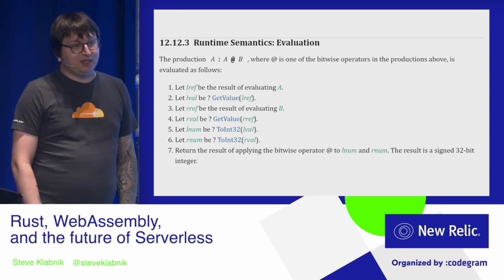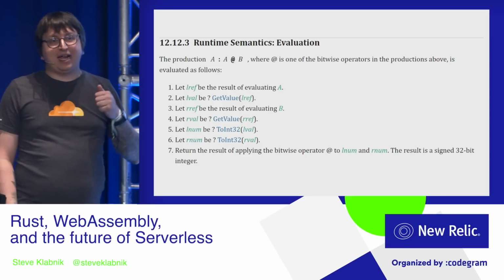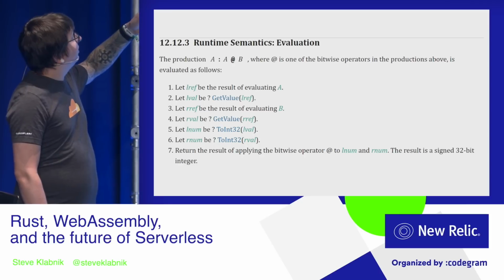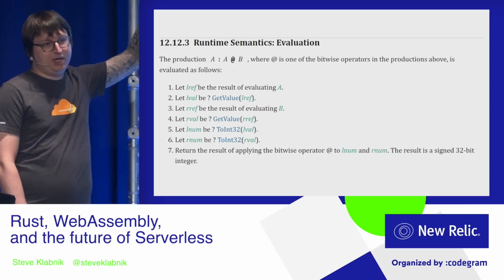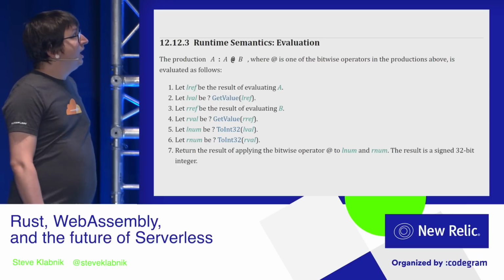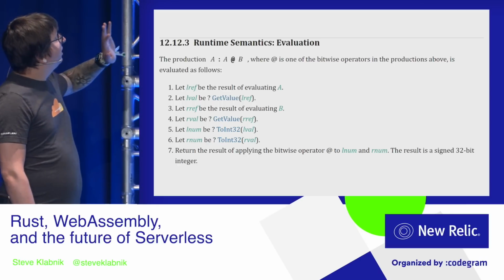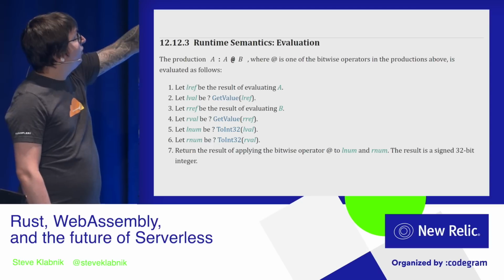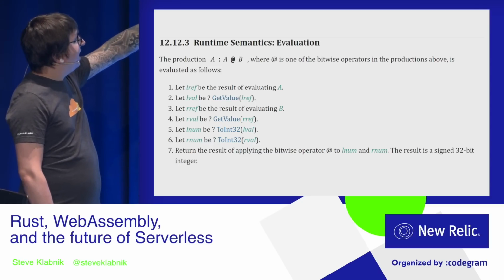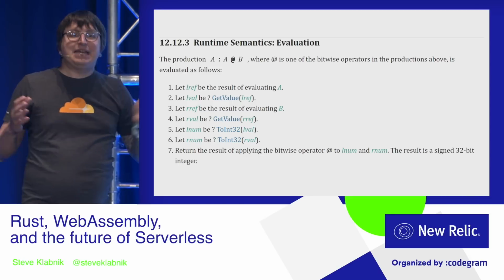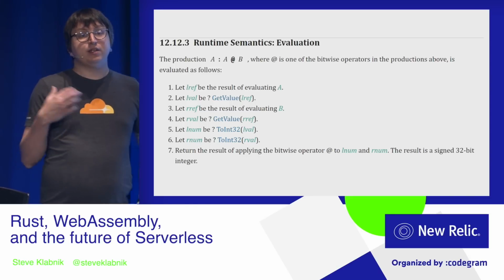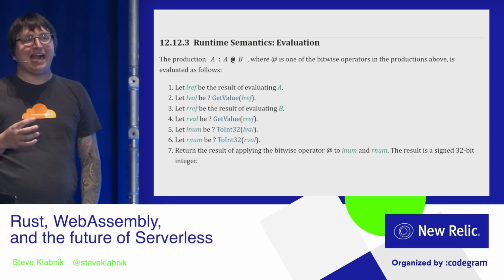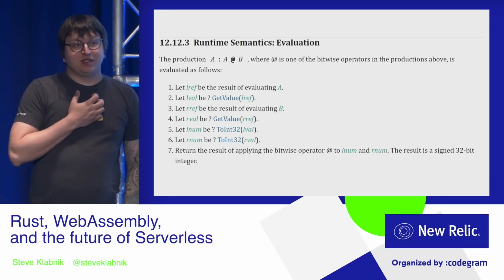This is the part of the spec from the ECMAScript standard that makes this happen. It says that for all of the operators where E is one of the bitwise operators, like the OR that we saw before, it does this. It first gives you the result of evaluating the thing on the left, then evaluates the thing on the right, then converts them into 32-bit integers, and results in a 32-bit integer. So inside the JavaScript virtual machine, even though you can't use integers in JavaScript, JavaScript has integers. And this is a weird hack that lets you abuse these semantics to get integers